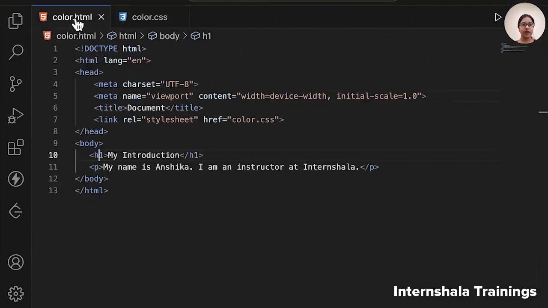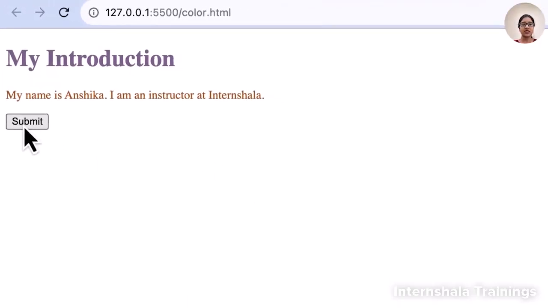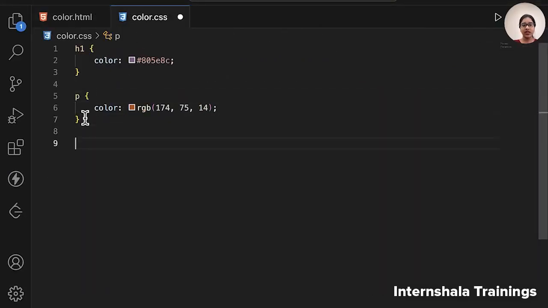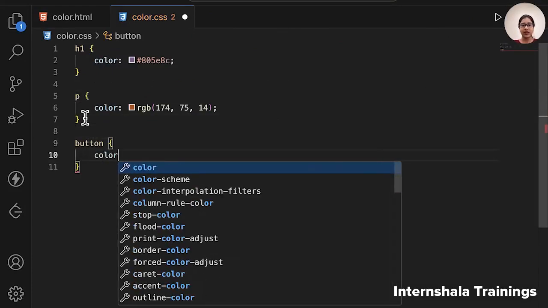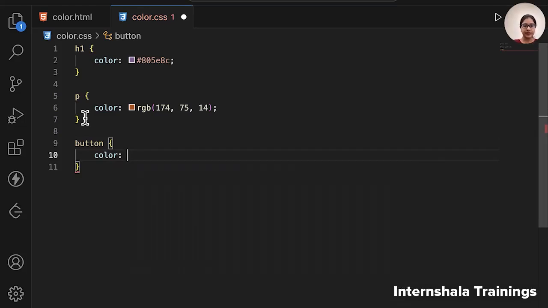Now suppose you have added, let's say there is a button also on this page, and you are saying it as submit. So by default, again this button is a black color. Now if you want to change the color property, yes, you will be using this button selector, color, and maybe you have to change the color of this selector, right? And you can say,